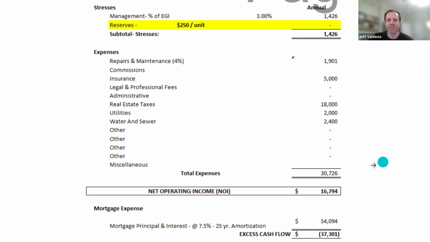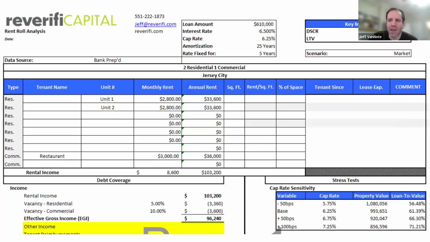Here were the expenses on the property, which totaled about $30,000 for the year. And here's what we ran as a hypothetical cash flow calculator analysis. As you can see on the top right, the DSCR is now 1.26. So you're probably going to ask, how did we get there?